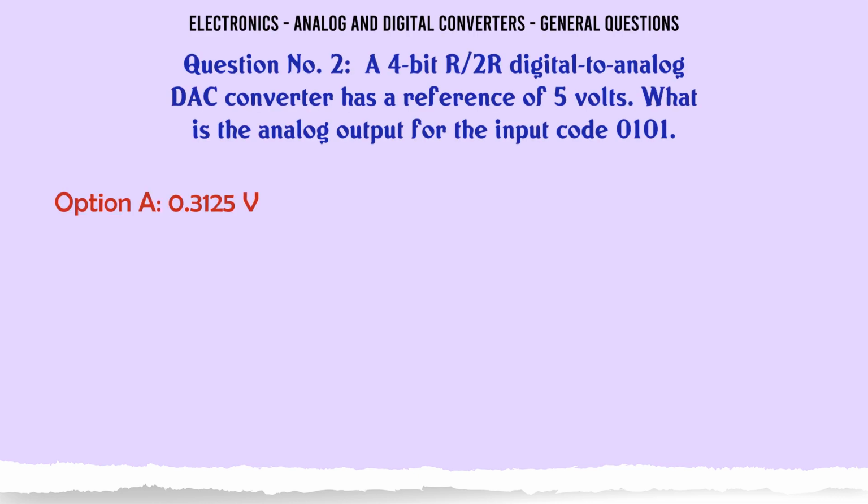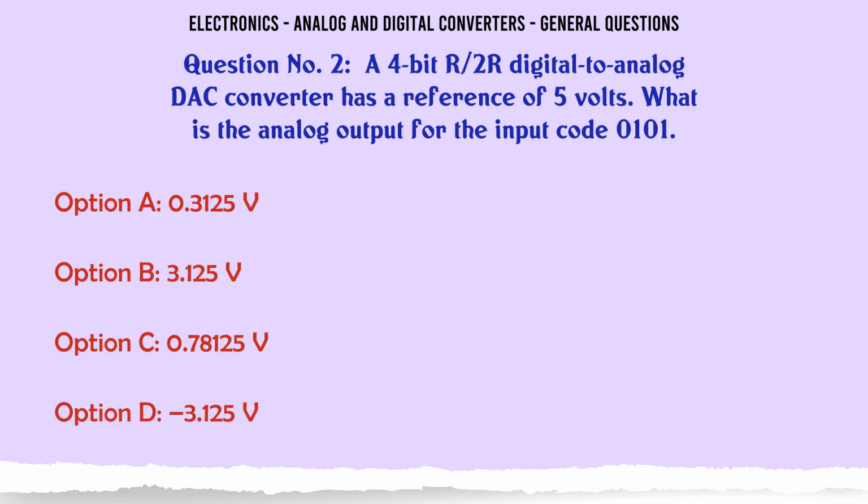A 4-bit R2R digital to analog DAC converter has a reference of 5 volts. What is the analog output for the input code 0101? A. 0.3125V. B. 3.125V. C. 0.78125V. D. 3.125V. The correct answer is